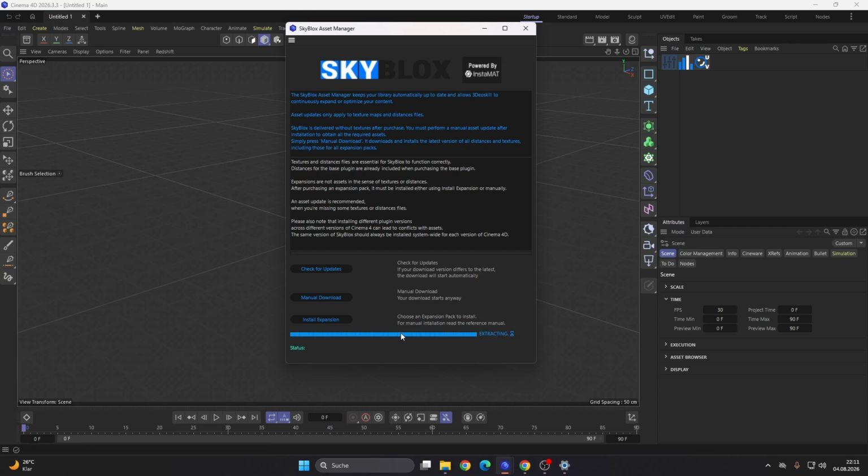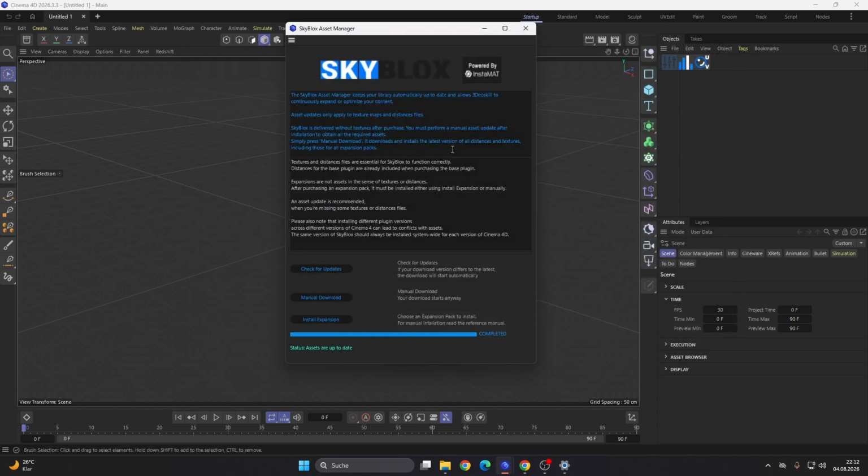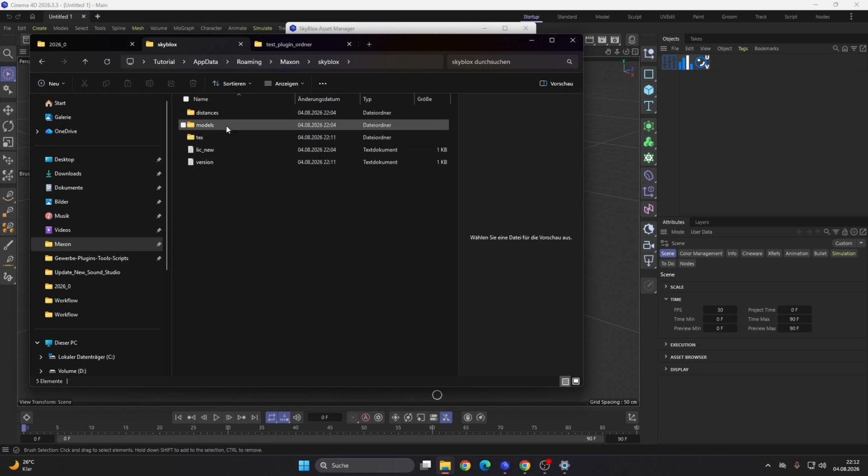You will also download all the assets for the expansion packs. Yeah, this is not such an intelligent system, but this library is not growing too much because I also use the textures from other packages. So this keeps the storage size pretty low. And here this button is for installing an expansion pack. Here you simply choose the zip file which you have downloaded, click it, and it installs it automatically into this models folder here.